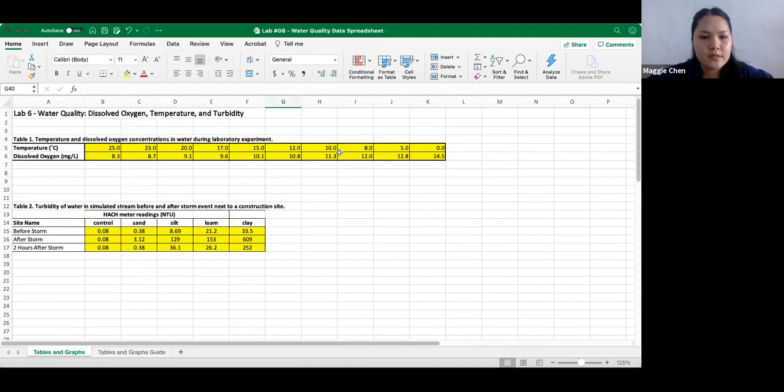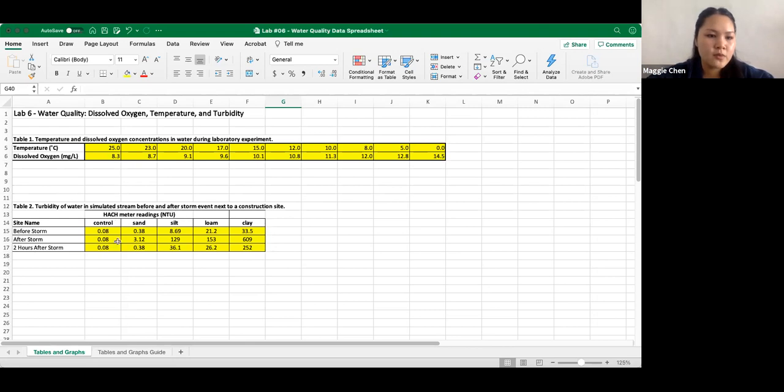Now we can make our second chart. It's going to be a bar graph, a column chart, and we're basically looking at table 2, where we have our site name. Say we're looking at construction sites with different types of particles, different types of soils that can get into our water. We're looking at construction sites before, after, and 2 hours after a storm. After a storm would just be having our water sample, and we would shake it for 10 seconds or so to mix everything together. And then 2 hours after the storm, we would wait 2 hours and then record our turbidity reading